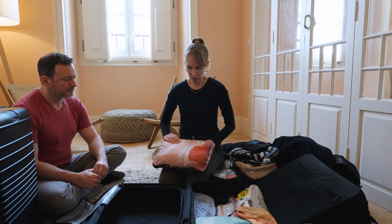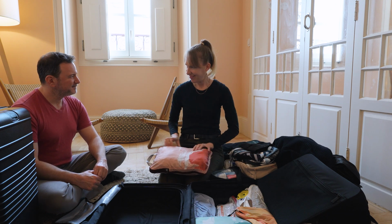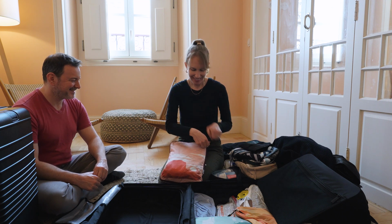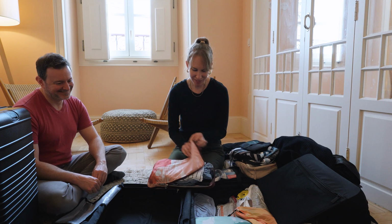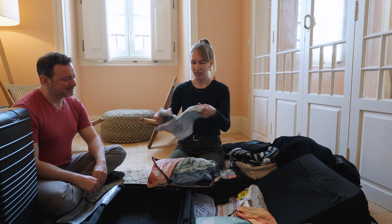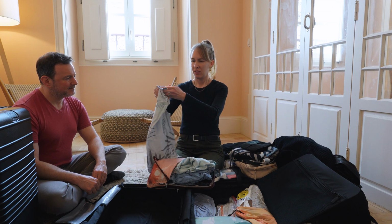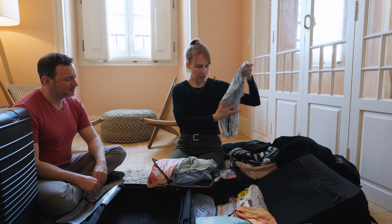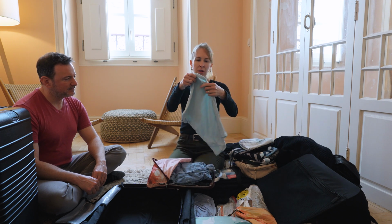And now we're getting into all of my clothes. Let's see how much clothes we got, how much I fit in here. Okay, so we've got sleeveless shirts, another one of my designs, another tank top,